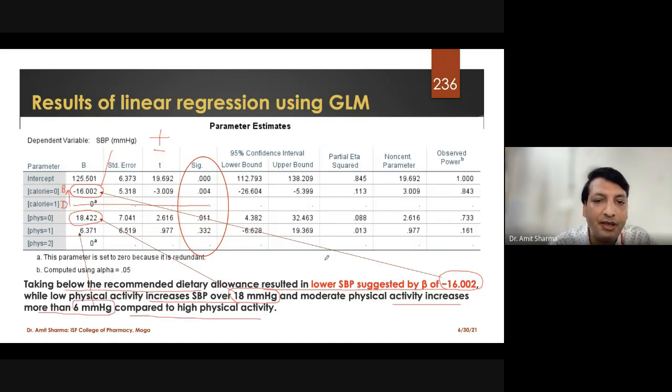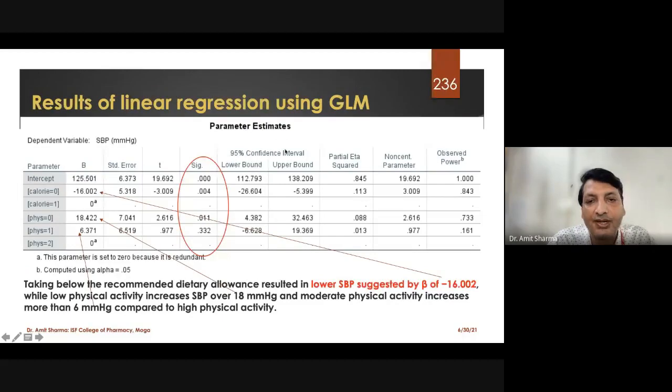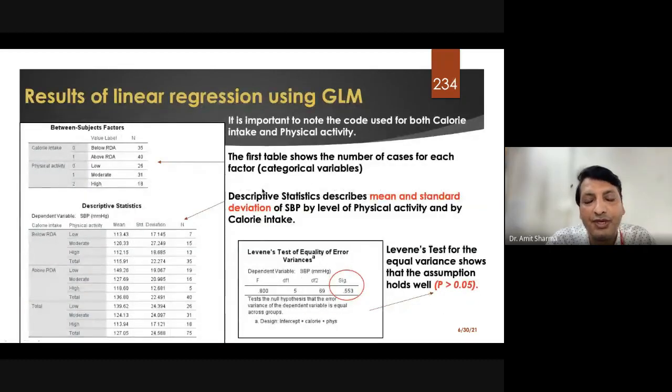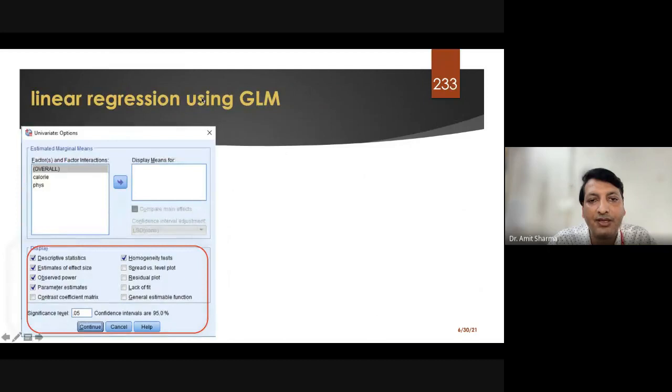So what you are doing is comparing within each category which you have under one independent variable. Very important table from a research point of view. So this was your linear regression using GLM, and the writing style of this table will be the same as I have shown you in the ANOVA. We have to write the F first, then the degree of freedom, first value, comma, degree of freedom, second value, bracket close.